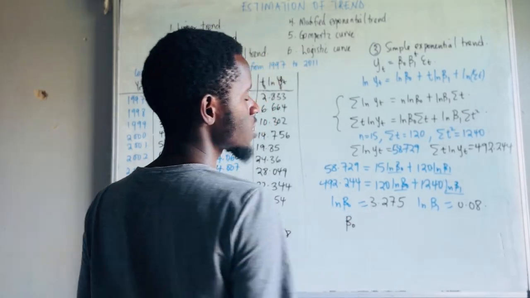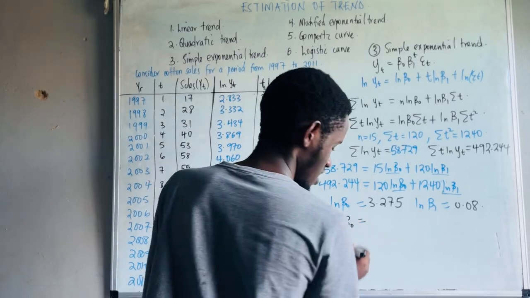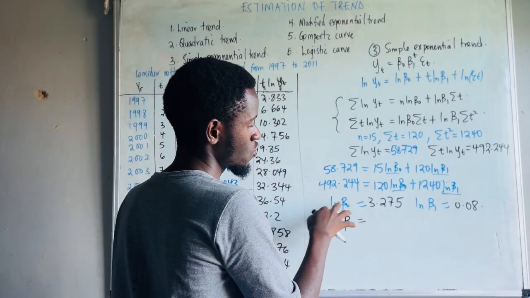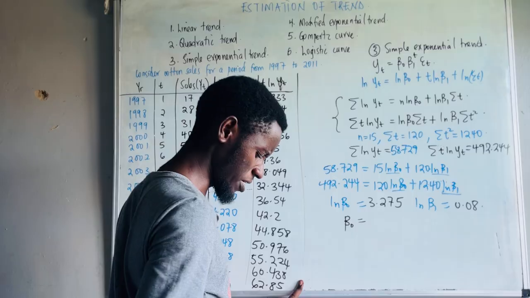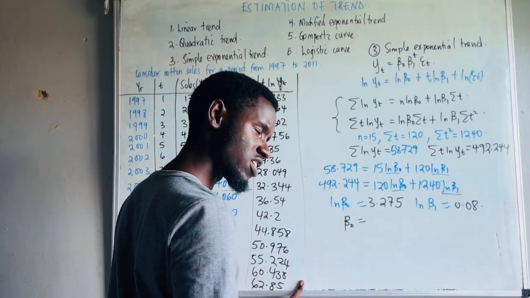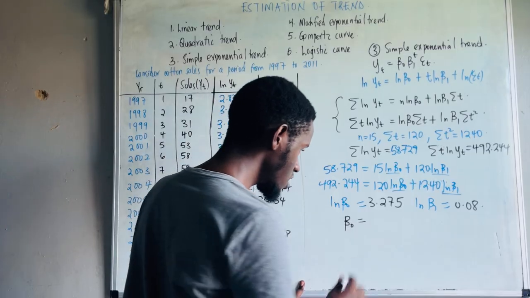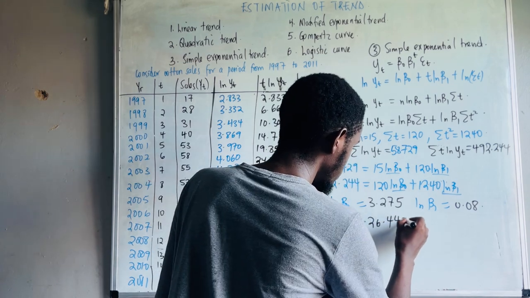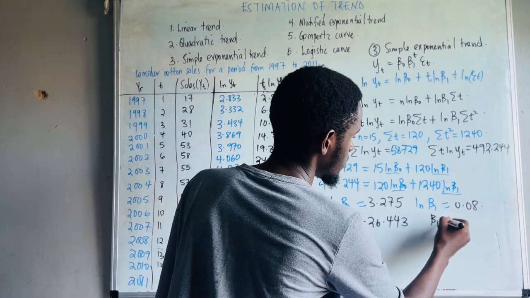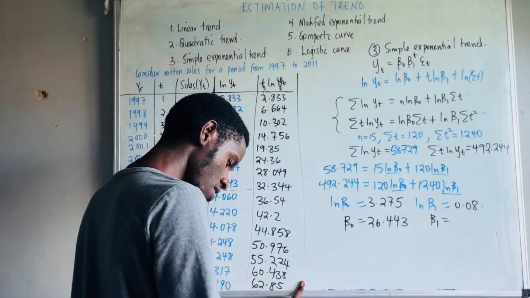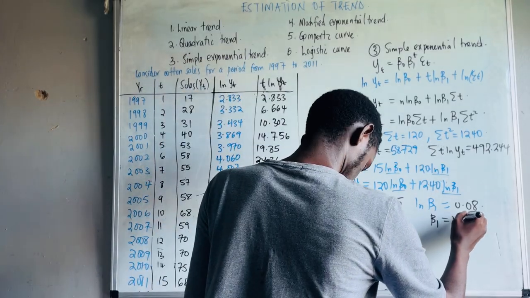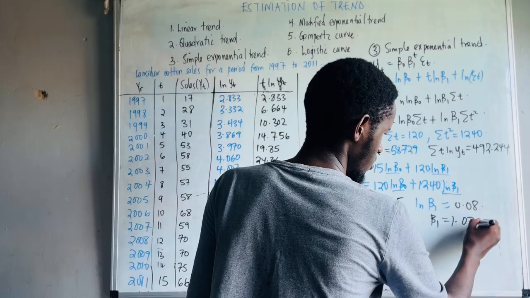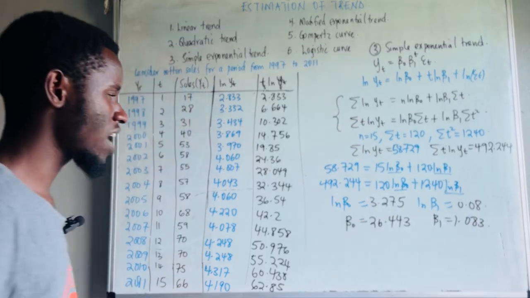Now for me to get b naught, I just need to press shift, then I put 0.275, the antilog is 6.4, and then our b1 is going